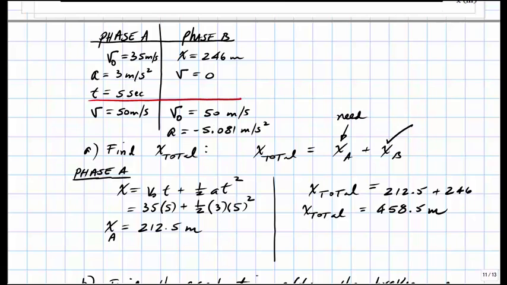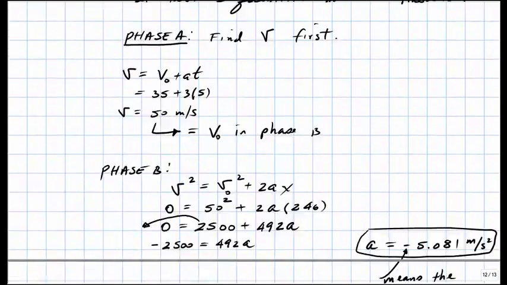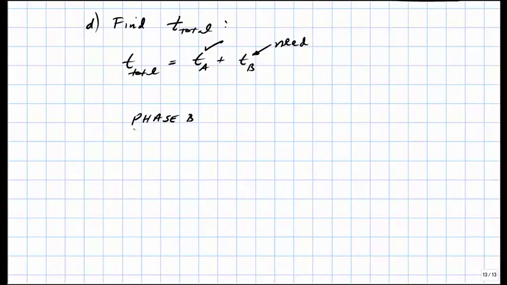Let's now go to our equation box right here. And let's see if the first equation is useful. We're trying to solve for time. We know the final velocity is 0 in phase B. We know the initial velocity is 50. We also know the acceleration. This is the equation that we'll be using. So the equation once again is V equals V0 plus AT. We have 0 equals 50 plus the acceleration is negative